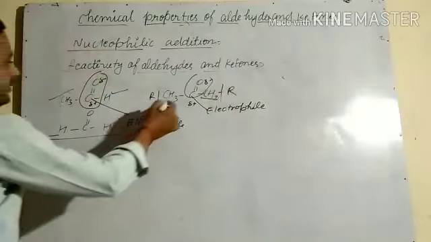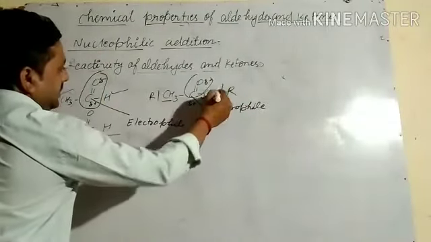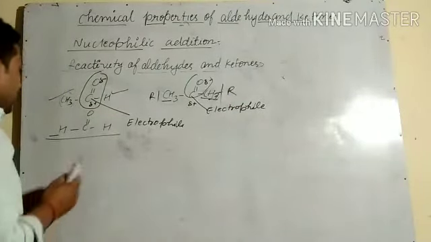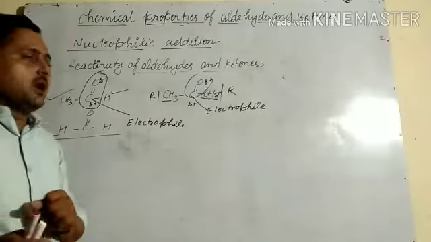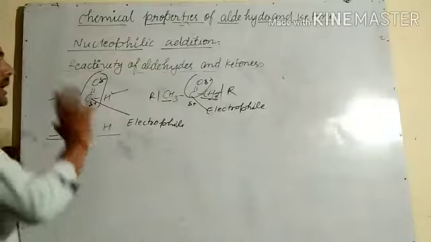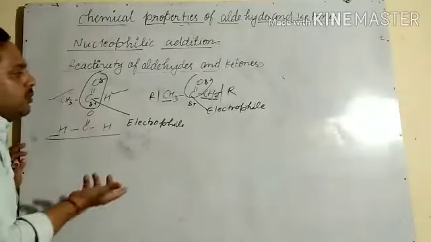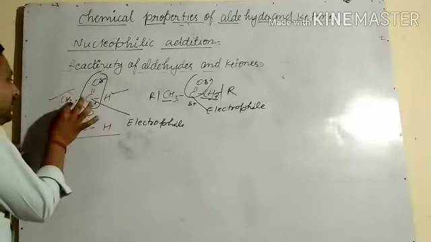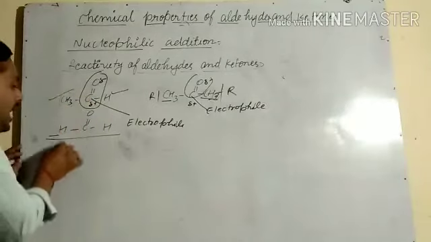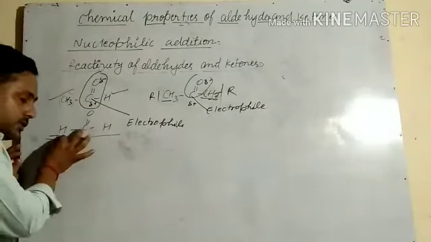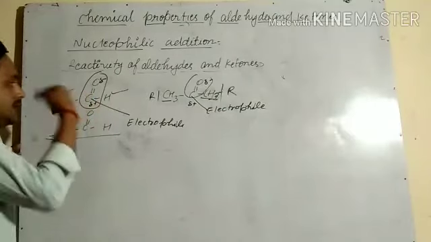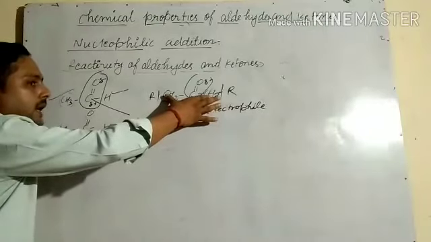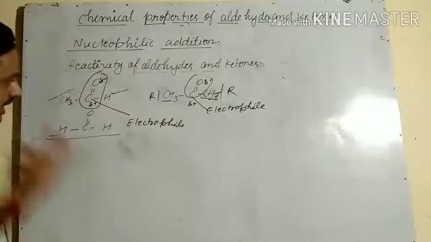So if we write this and that, what will that be? Methyl group, or we can say alkyl group. So we can say that an alkyl group reduces the electrophilic nature of the carbonyl carbon. In ketone there are two alkyl groups, so they reduce the electrophilic nature of the carbonyl carbon more, while in aldehyde there is only one alkyl, a methyl group, or hydrogen. So this reduces in lesser quantity than in ketone, because two alkyl groups are bonded to the carbonyl carbon. And why do they reduce?